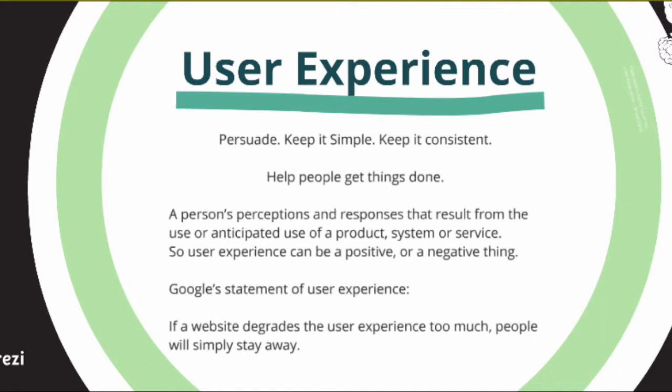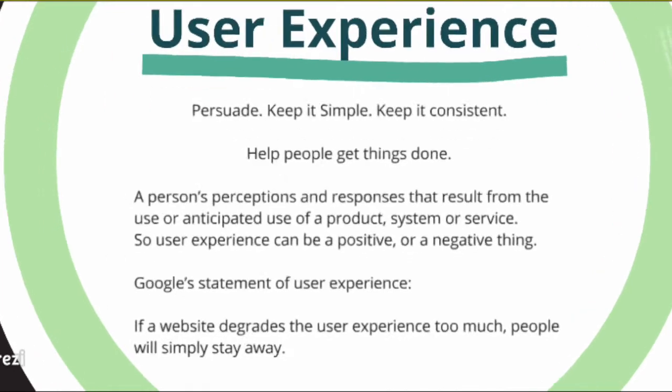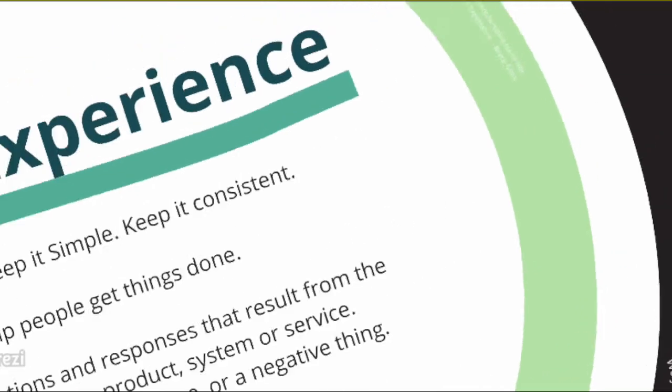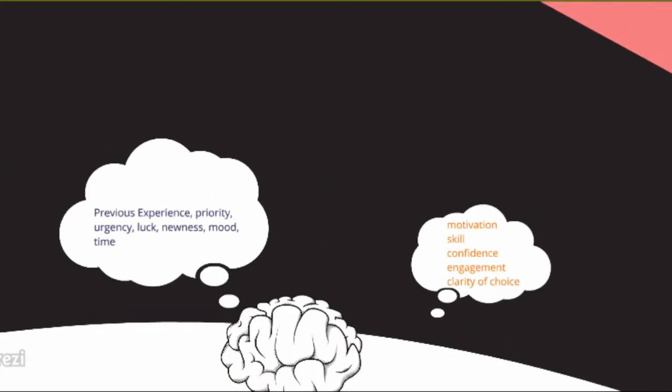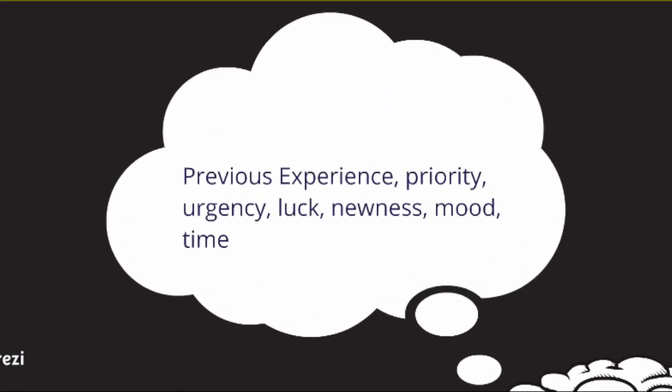And what does that mean? Well, in design, and specifically since I work in web design, that means making sure that your navigation is all uniform, and we like to call this universal or global designs. Brian Glass says, expectations frame his or her user experience. So when you're thinking about user experience, you may think previous experience, priority, urgency, luck, newness. These are all the things that somebody might be thinking